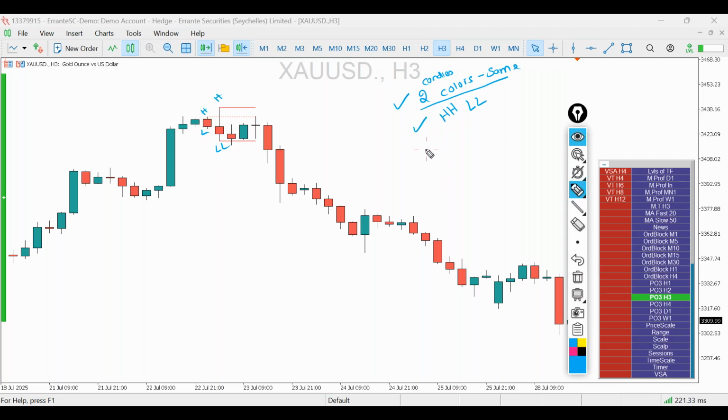And what was the third thing, if you guys can remember? Now let me explain. The third thing was we need to see some sort of a manipulation. That is what we see over here. This is the first candle, and this part over here is the manipulation that has happened. So what the market is trying to tell us in this 3-hour candle is that there was this movement towards the upside, and then people thought that